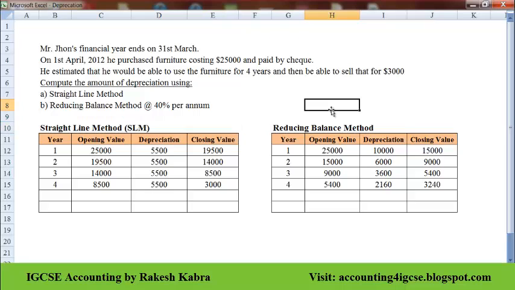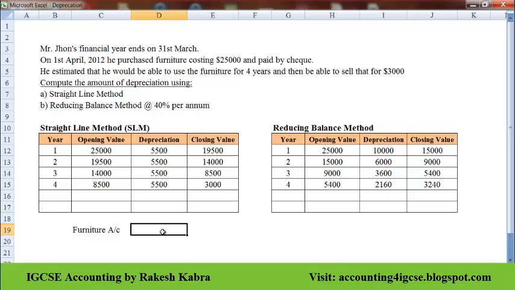Now see, after computing the depreciation, we need to record the depreciation. So for recording we need to pass journal entries. Agree? Two entries are there, again I am explaining both the entries. First entry for buying the asset and second entry for charging the depreciation. So what will be the first entry? We bought furniture, isn't it? So increase in asset, debit. Furniture account will be debited.